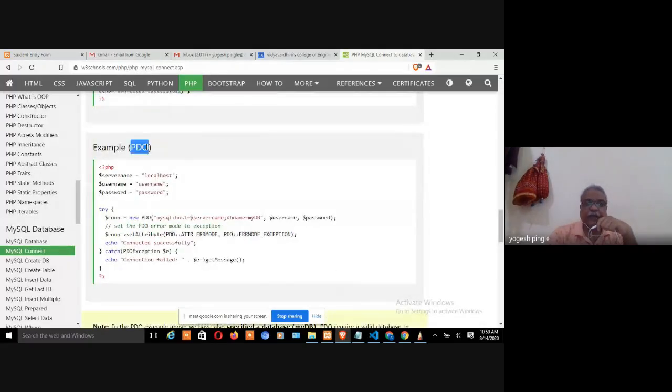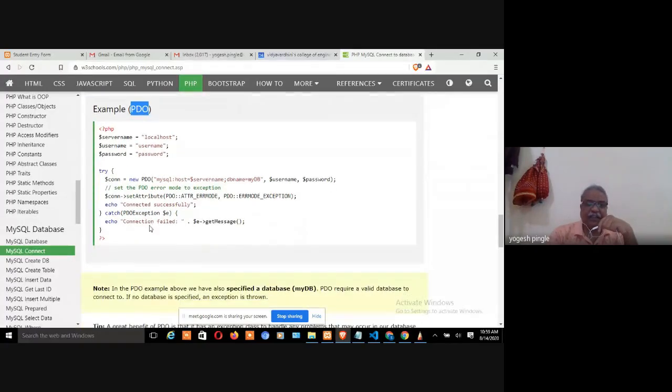And there is something called PDO, right? PHP Data Object. Over here the same thing is done, but look at this first parameter. You're not only mentioning the server name, but here you also have the name of the database, right? The syntax differs, don't worry, only the syntax of this PDO differs, that's it. And again I am saying that I am just explaining this for learning purposes. We are going to do the program in the procedural method only.